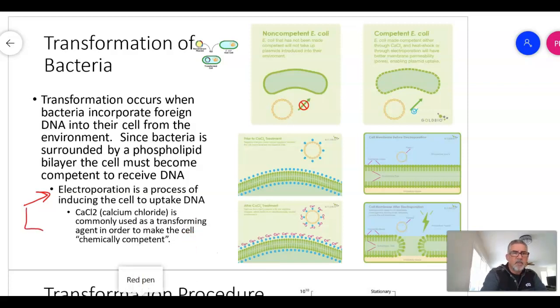So it makes them chemically competent. We have a couple ways. We can use actual electricity, or we can use calcium chloride. So calcium chloride, when we put it in water, it separates into positive calcium ions and negative chloride ions. So if we have a non-competent E. coli cell, if you look at it up here, I have a non-competent cell, right? So what I have here,